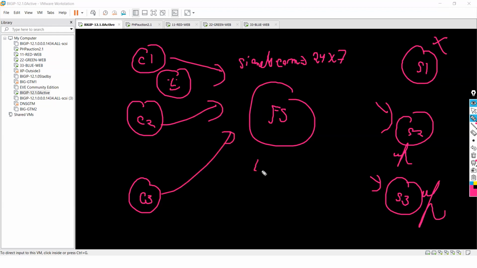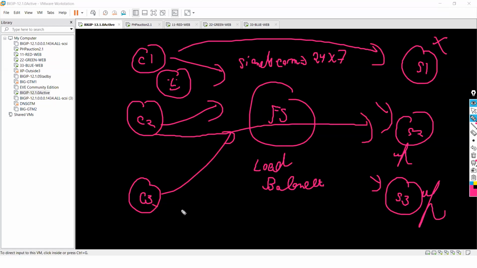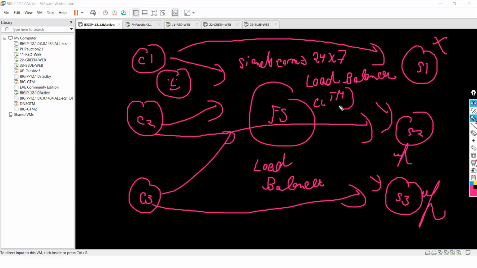Load balancer means balancing the load of customer requests. Some client requests go here, this one might go here, this one might go here. This term is called load balancer, and it is a part of your Local Traffic Manager.